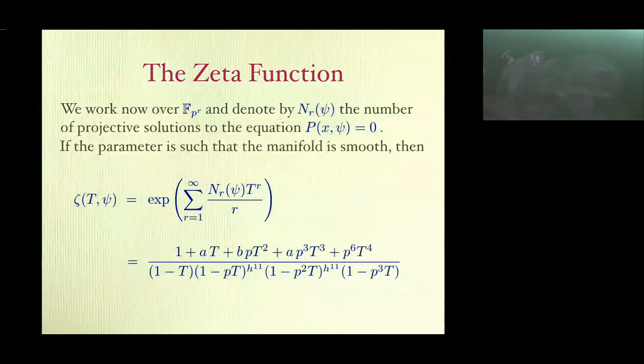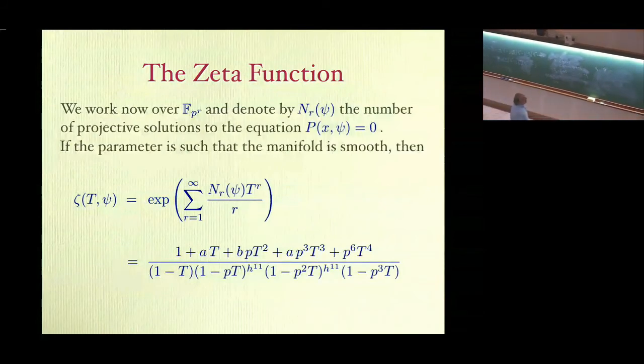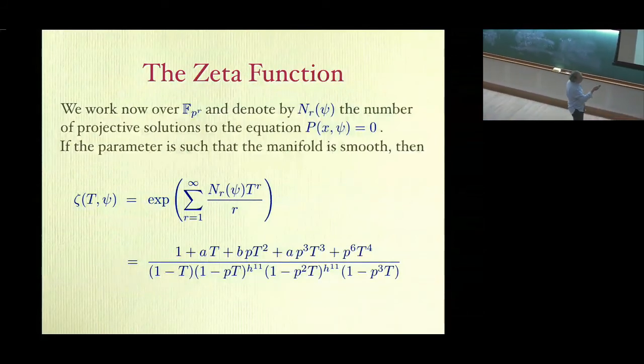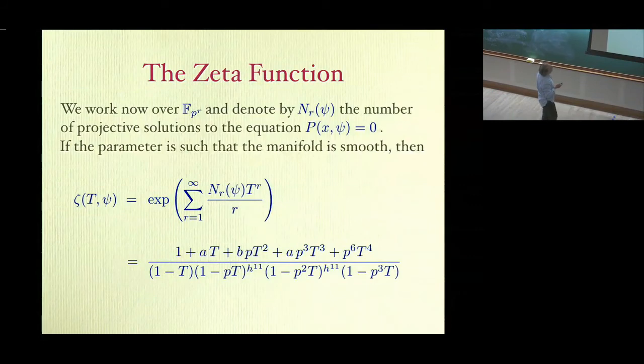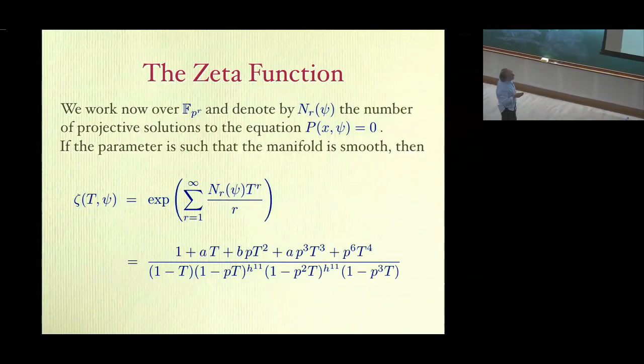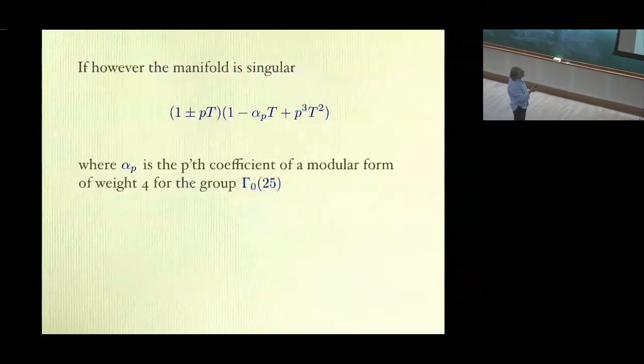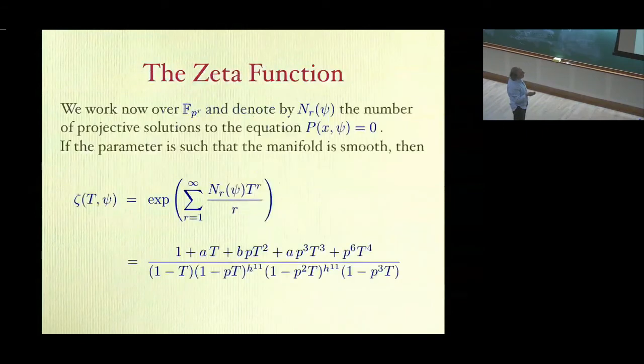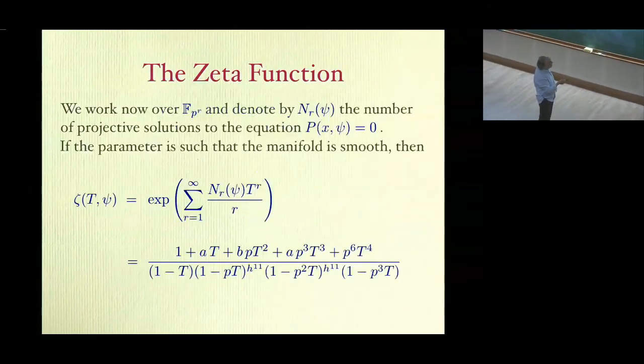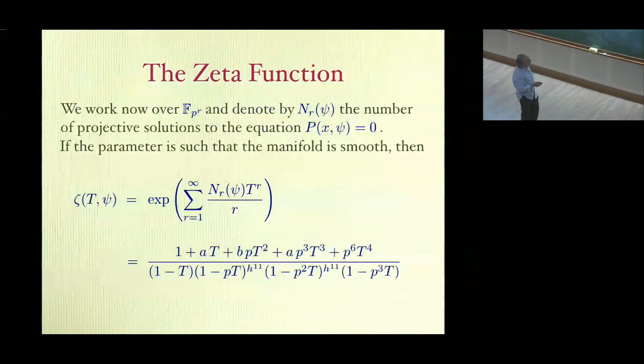So let's do that. Mathematicians like to write down a generating function. That's the one that's there. Given these N's, you calculate this generating function like this, and the Weil conjectures tell you that this is a rational function. And what you find is that this function here is a rational function like this.